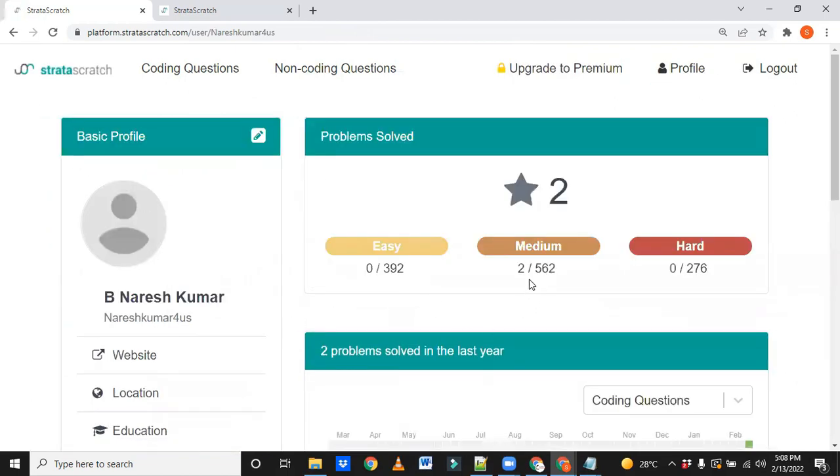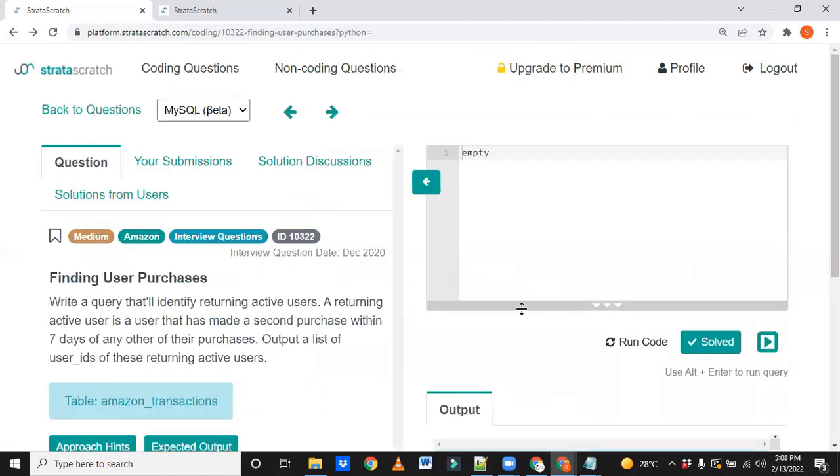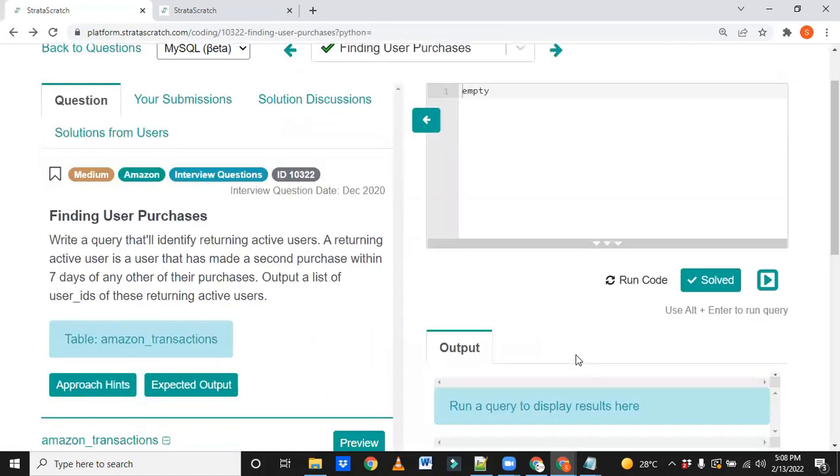See here, I have solved only 2 out of 562 as of now. You can also do the same, and let me know in the comment section after I upload this video on YouTube.